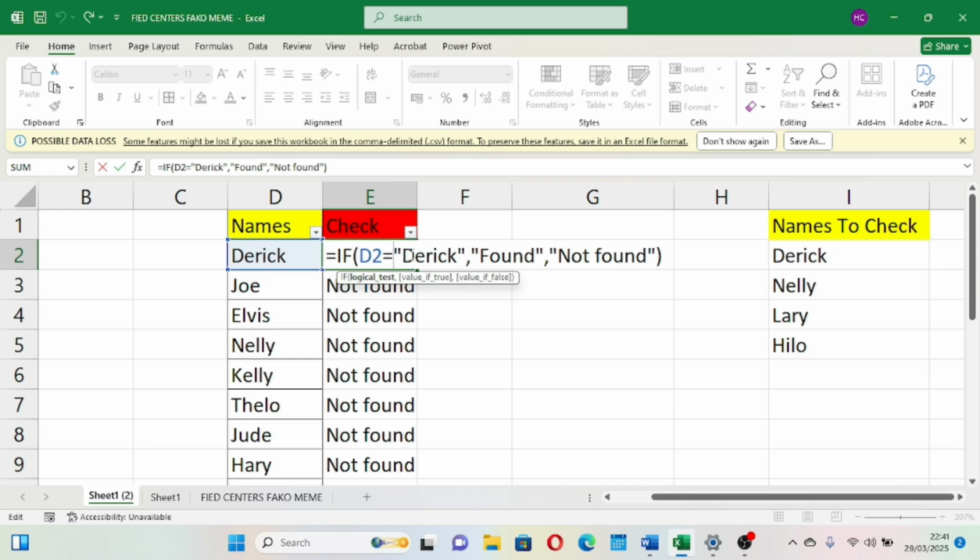Now, I've given the first condition here. If they come to any of these cells here, starting from this cell which I've referenced D2, if it is equal to Derek, then I want to see found. If not, I want to see not found. I'll now come here to the first condition and I'll skip this comma and put my cursor here